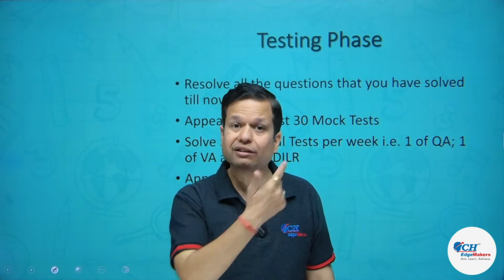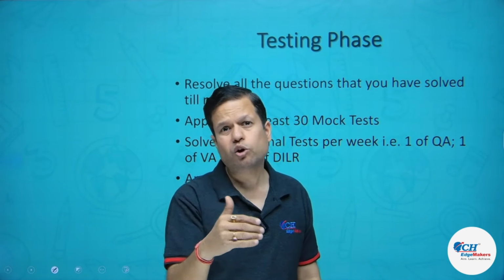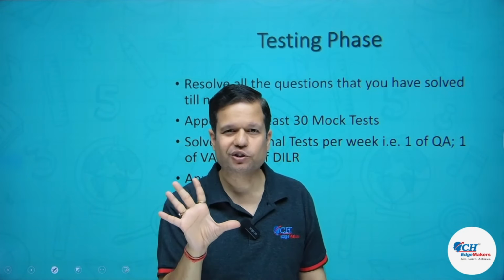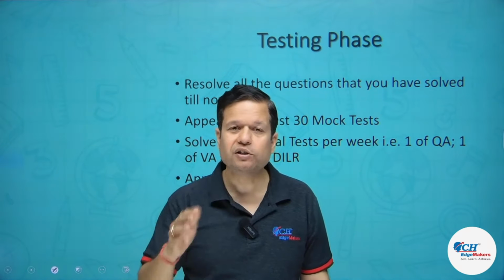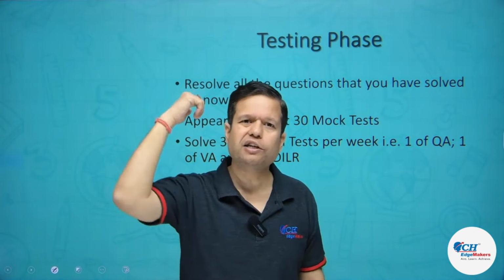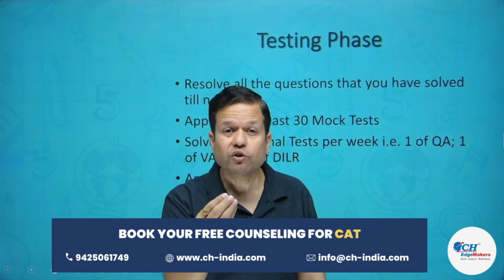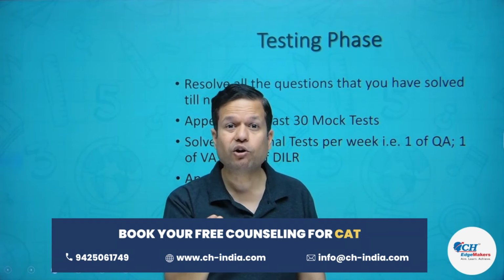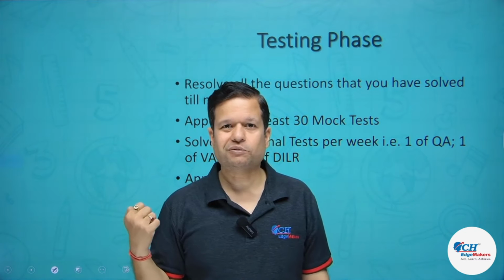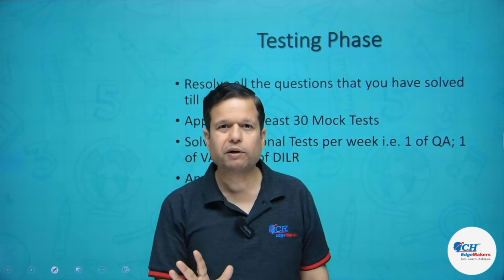And when should you do it? In the testing phase. So what you can do is, let's say you want to solve last 3 years CATs, that is you have 9 papers. So take those 9 papers like a test. Last 9 weeks of CAT, I'll take 1 past year paper every week. So that will give you a benchmarking. Where do you stand? What you have to improve? So last 9 weeks, 9 papers. So then you will improve. So please do not waste past year papers.